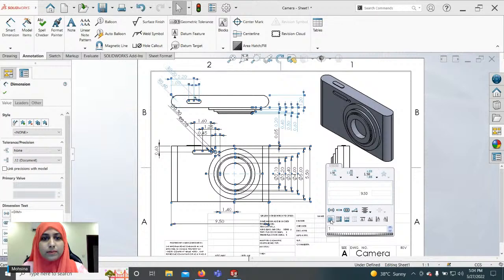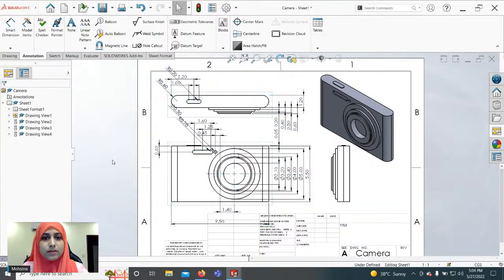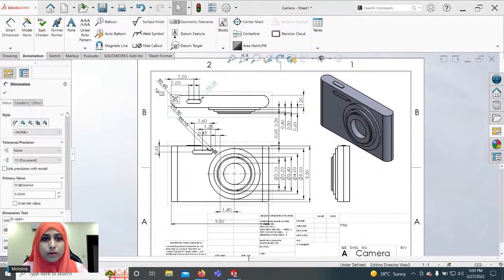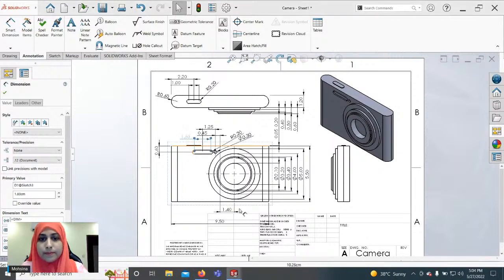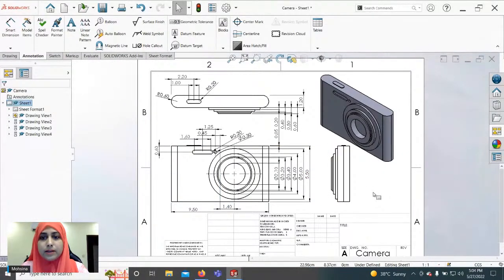Click on it, and you can see that all of a sudden the drawing looks a lot better. A little more, making it neat, just move them around. And here is our drawing.